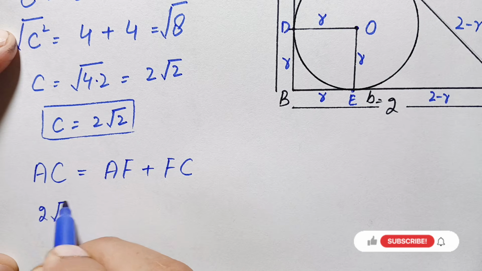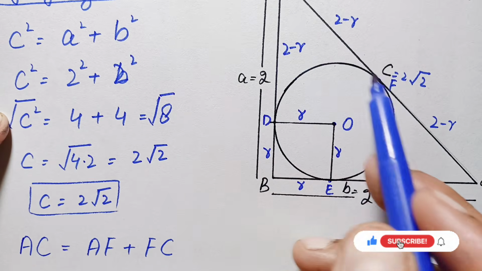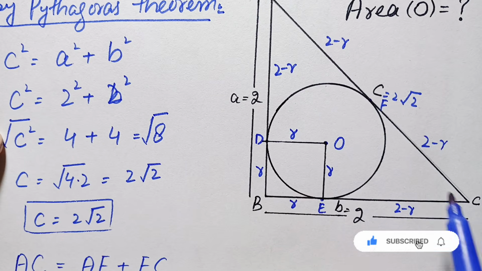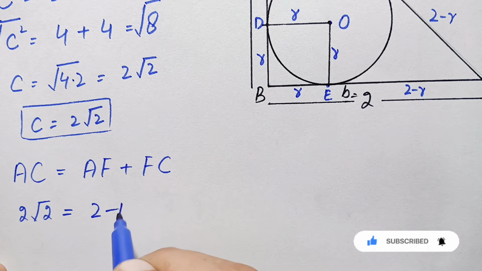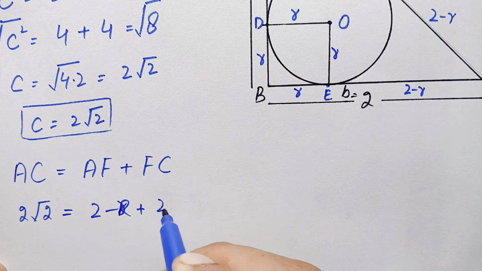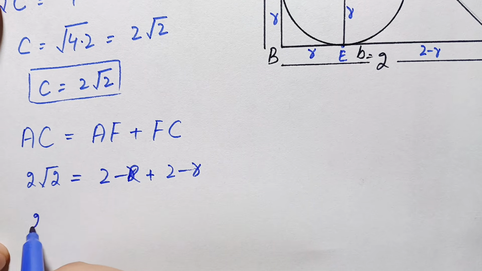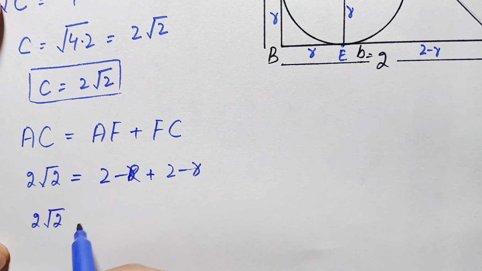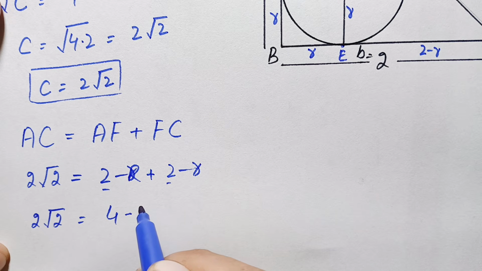So 2 times square root of 2 is equal to, and the length of AF is 2 minus R and CF is also 2 minus R. So this will become 2 minus R plus 2 minus R. Now let's simplify this equation. 2 times square root of 2 is equal to 2 plus 2 is 4, and minus R minus R is